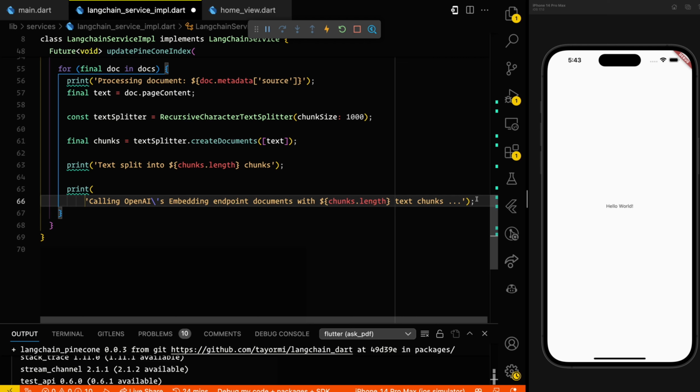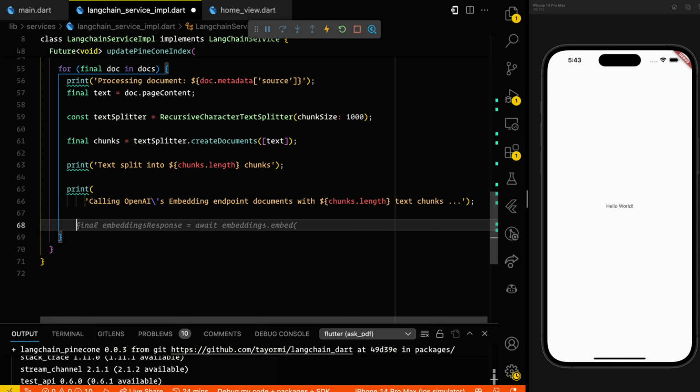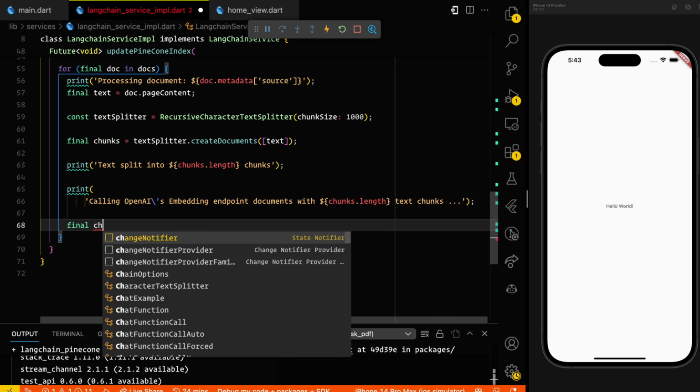So let's create a map of chunks now. And we say final